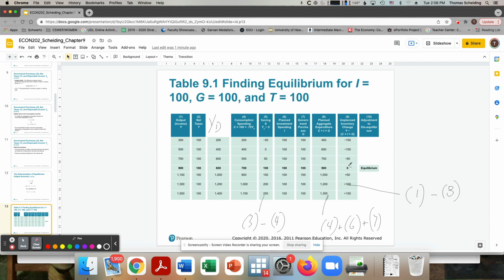Equilibrium will be where there's no unplanned change in inventory, 0. So what this signifies for us here